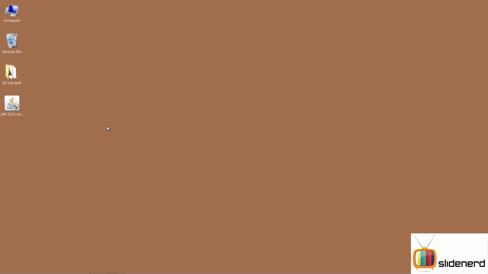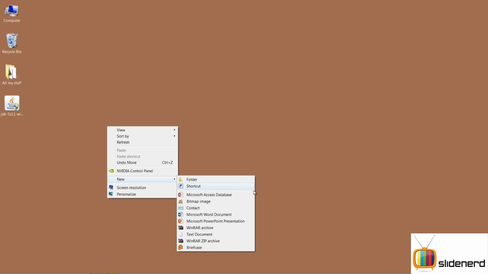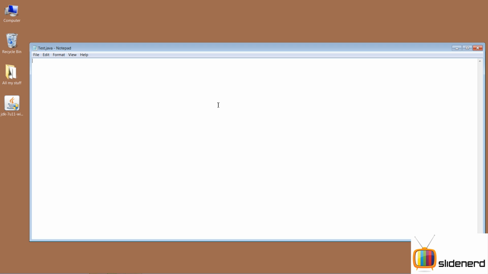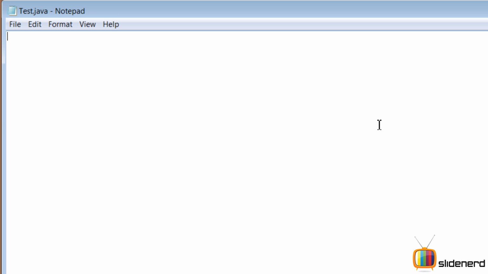Okay guys, at this point, now that we know that Java has been installed correctly, I'm gonna try a test program and see if this works out perfectly. I'm gonna make a new file over here on the desktop. It's called test.java. Change the extension from txt to Java. Now here inside I'm gonna put one very simple statement. If you are not familiar with the instructions right now, you don't need to worry about what they mean.